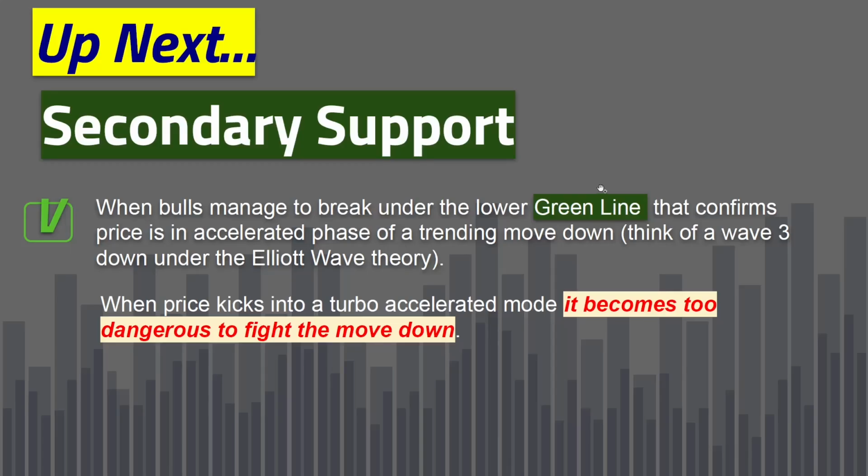So what will we be talking about in the next lesson? We will be talking about secondary support. When bears manage to break under the lower green line, that confirms price is in an accelerated phase of a trending move down. Think of a wave 3 down under the Elliott Wave theory. When price kicks into a turbo accelerated mode down, it becomes too dangerous to fight the move down. It becomes too dangerous to go long. They say you shouldn't catch a falling knife. In the same way, I'll show you several cases that show that when price goes down in accelerated mode, it makes sense to wait